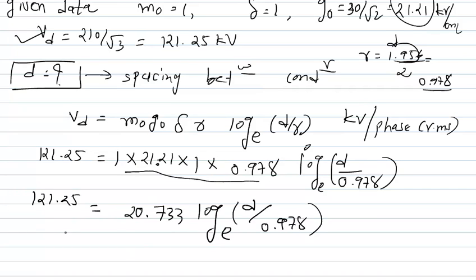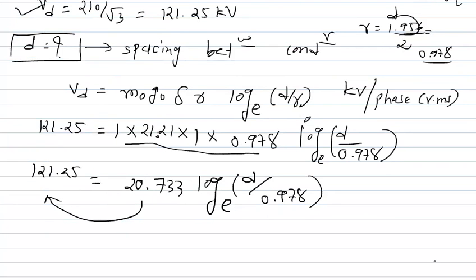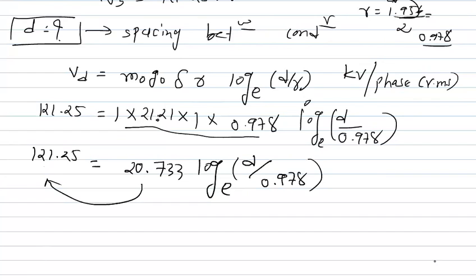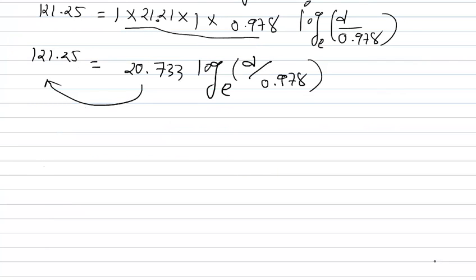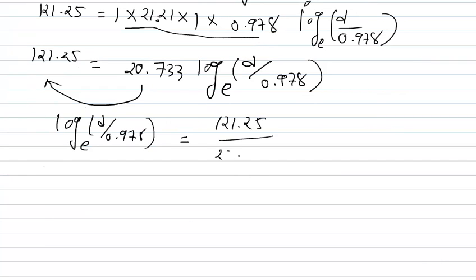So I will take this to the other side. So the answer, the log D by 0.978 is equal to 121.25 divided by 20.733, and the answer is